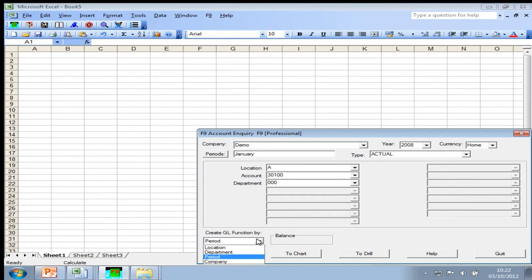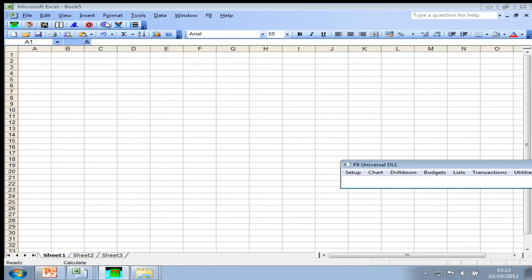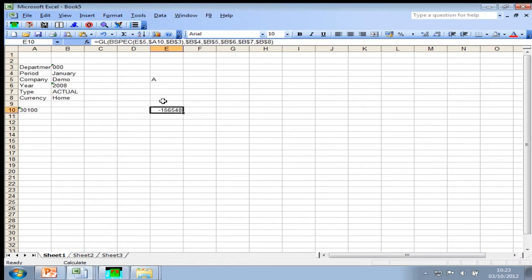If I wanted to create a report that wasn't by month, but by location, I could go back to my inquire and paste, and instead of creating my GL function by period, I can choose any of these. So I'll say, in fact, I want to choose it by location, and when I go back into GL paste, I now have locations up at the top here, which means if I put location A, B, and C across the top,